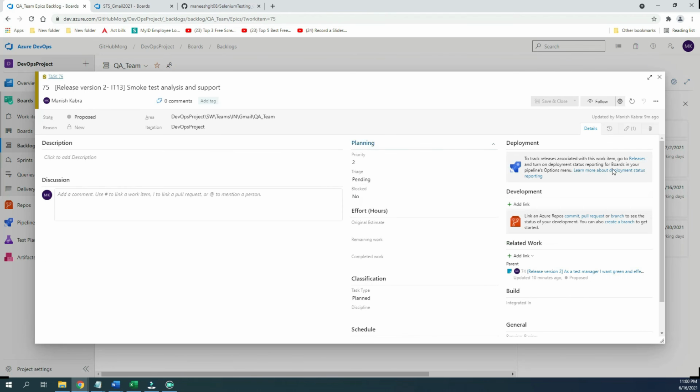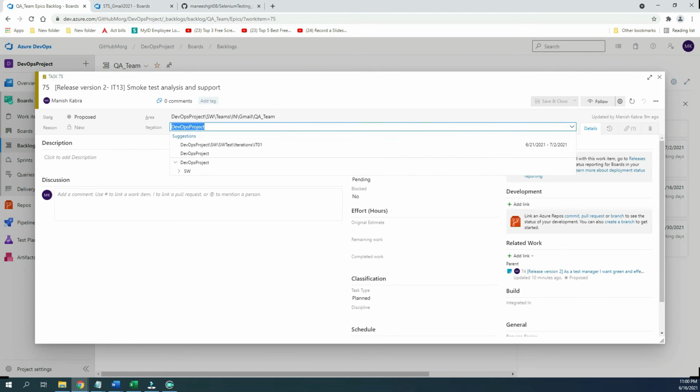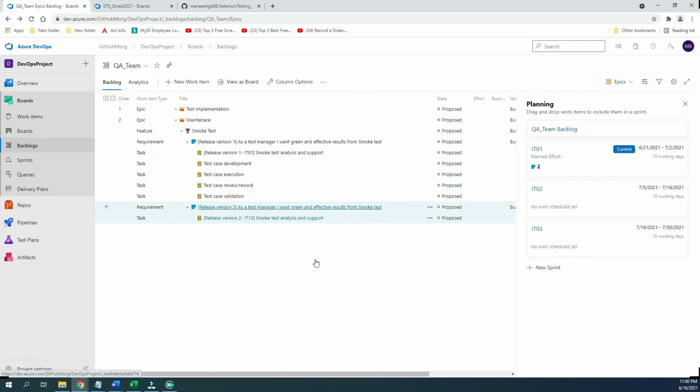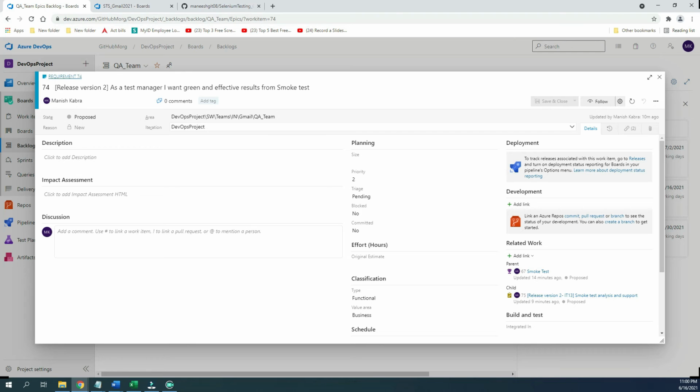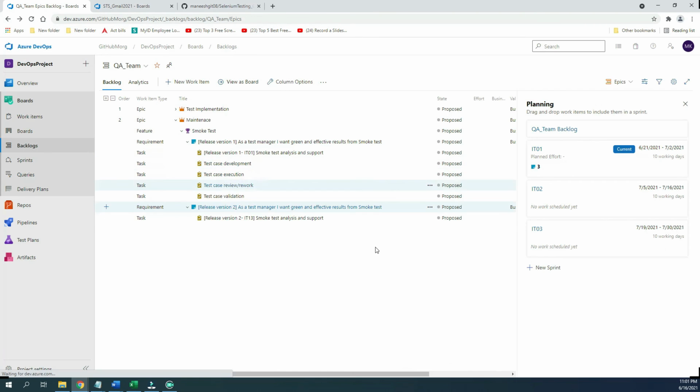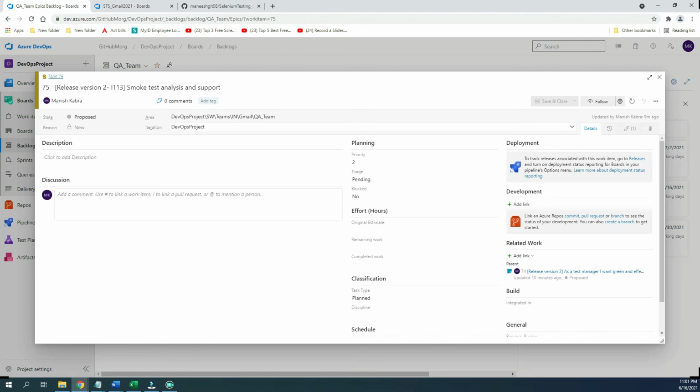Again, go here. It is a good idea to create a task directly at the estimate level, so you don't have to navigate again and again to this activity. One more thing I can do here: before adding a task, if you change the area path directly here, all the tasks you create will get that path. By default, all the tasks get the area path from their parent. But I didn't work on it before, so I have to do all these things manually.